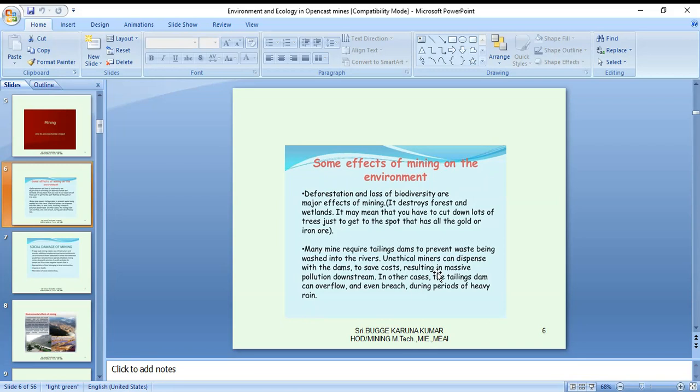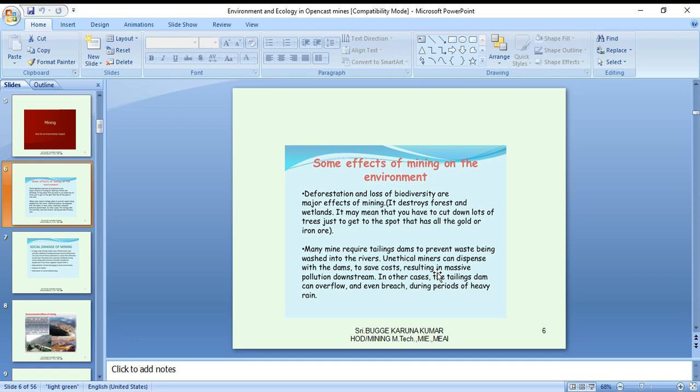Yes. Deforestation and a loss of biodiversity are major effects of mining. It will destroy the forest and wetlands. It may mean that you have to cut down a lot of trees just to get to the spot that has all the gold or iron ore.